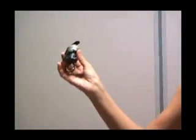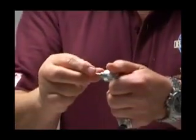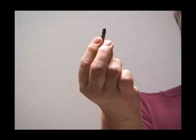Number 5 is a mini hand grenade. And item number 6 is a .22 single-shot CIA Stinger. Once again, she has managed to conceal a component